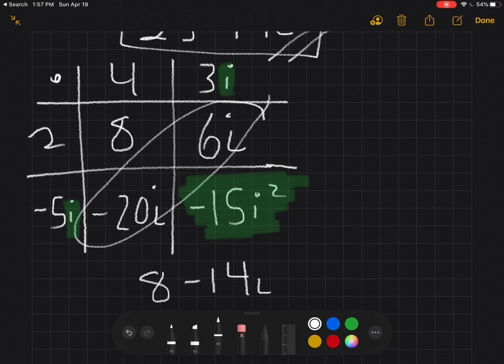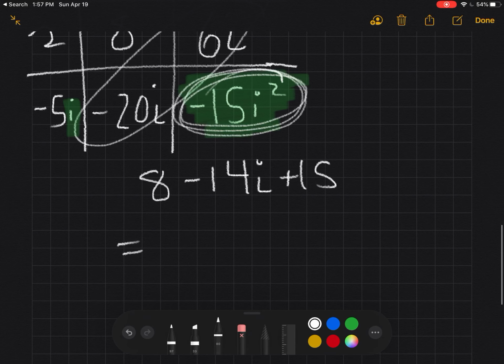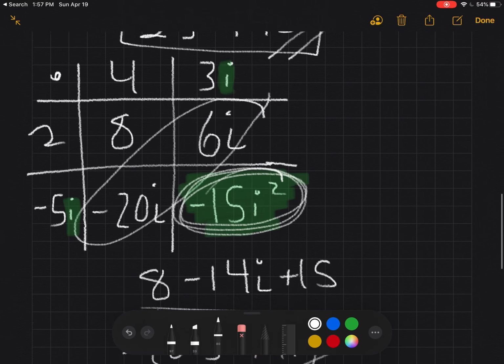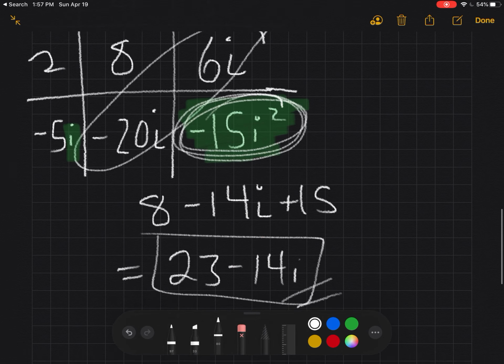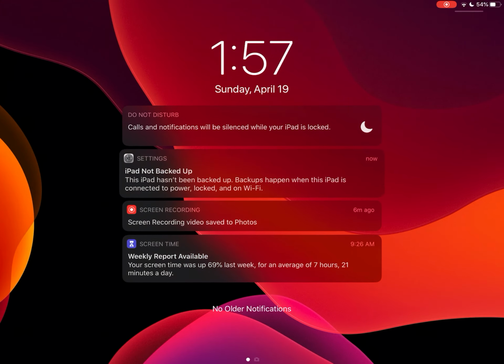And then what happens when I take these out of the multiplication table is I just remember that this bottom square down here is always i times i. So I go ahead and mentally simplify as I'm going. So when I take this out of the multiplication table, I go, all right, that's 8 minus 14i plus 15. And that's me converting this mentally. So then I get